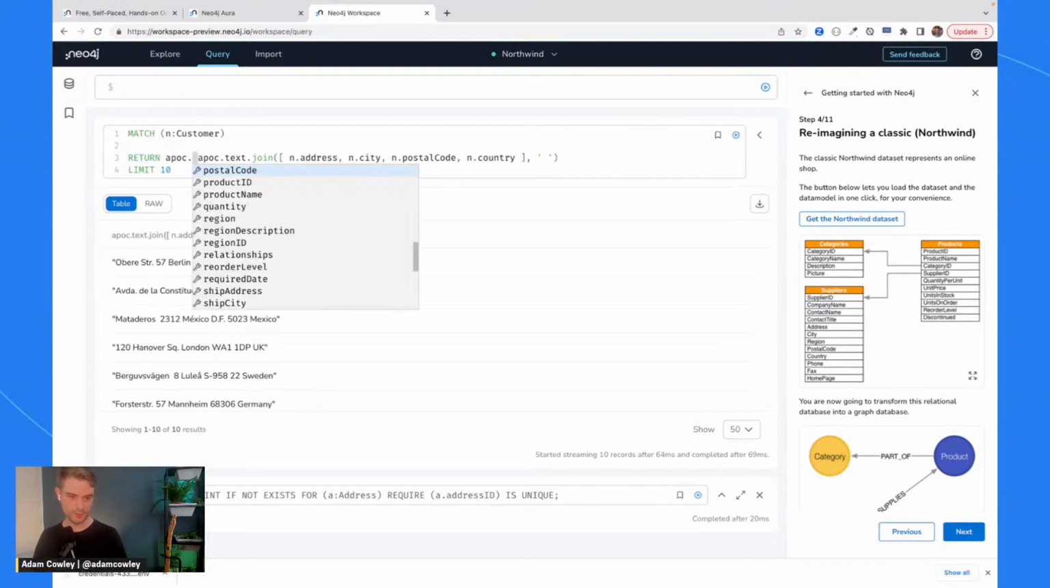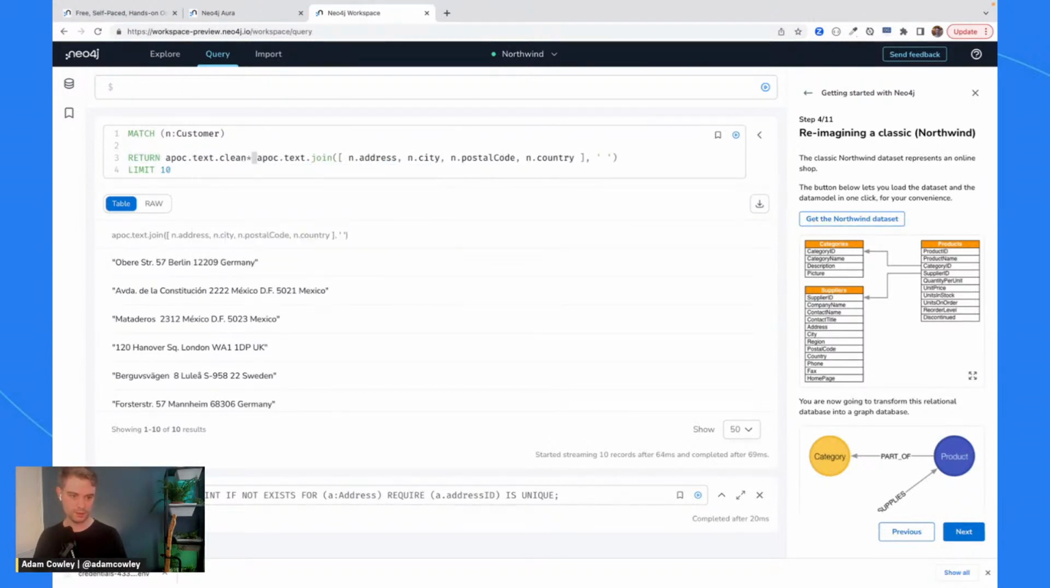And then we can use apoc.text.clean to remove any of the spaces, convert it all to lowercase. And then we could probably change that to be a dash. So it's probably a better way to do this, but this will do for now. So I can say that with that